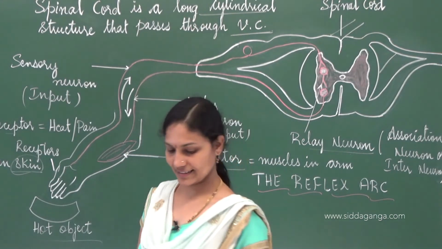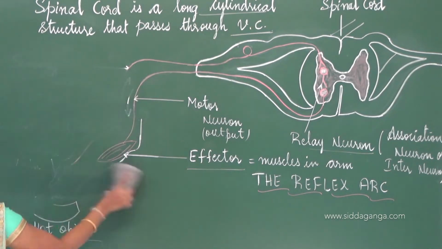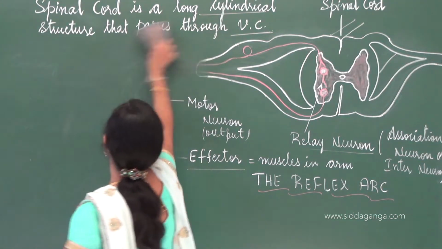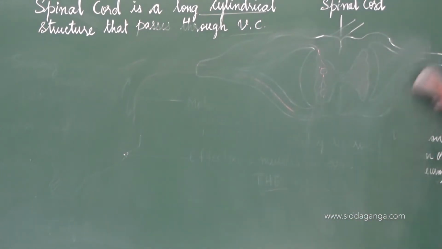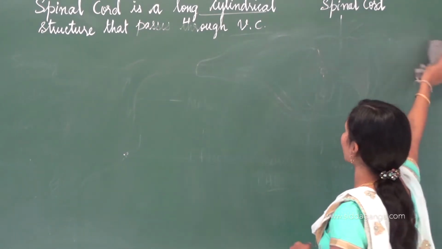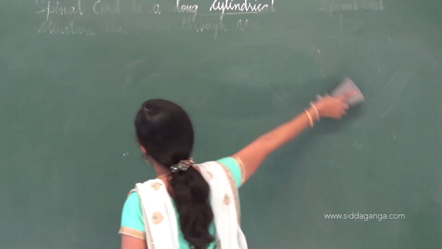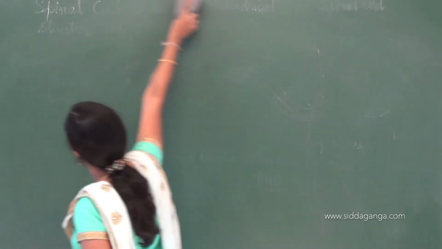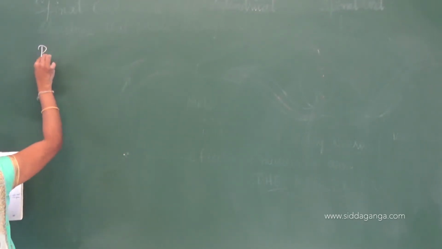Okay, try it. Hope the diagram is clear to you and the concept is clear to you. This is all about the spinal cord, the reflex action and reflex arc. We also got to know why reflex actions are very important. So the flow diagram for the question asked could be like this.